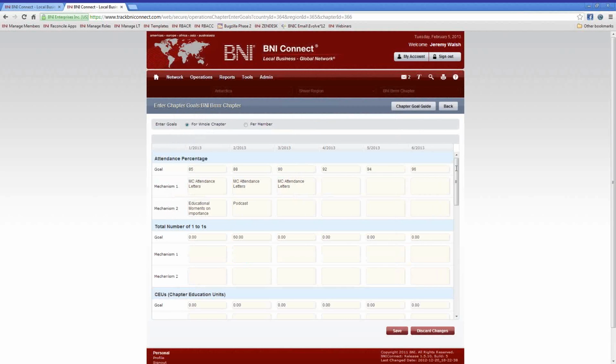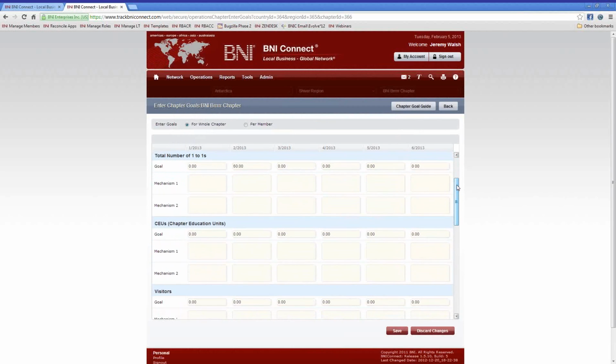All right. So let's take a look at the next one. Total number of one-to-ones is the next category. Again, you're going to have to think about whether you're doing these as a whole chapter or whether you're doing these per member. I've chosen the whole chapter, so what I'm going to do is come up with a number that I'd like to choose for